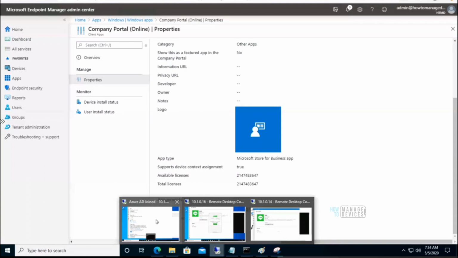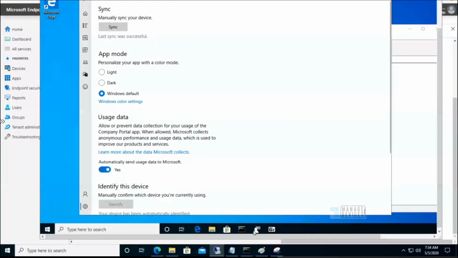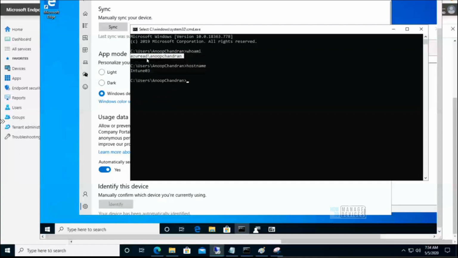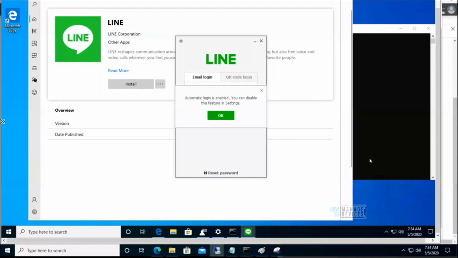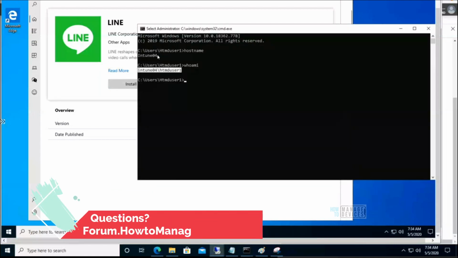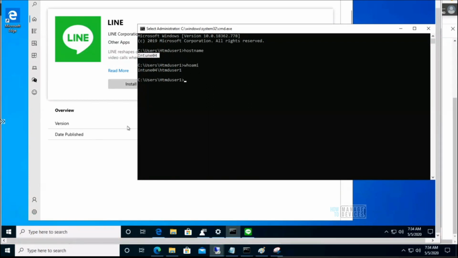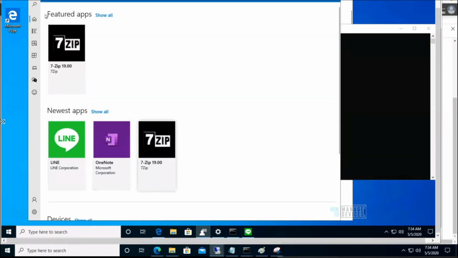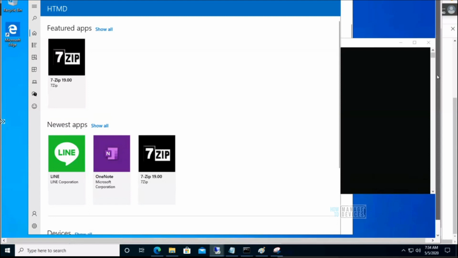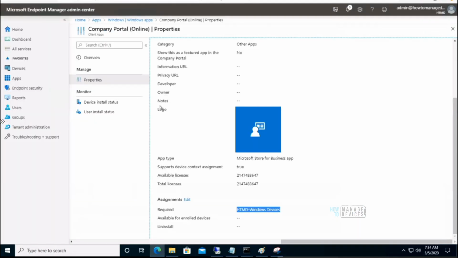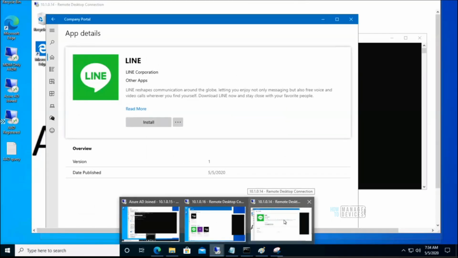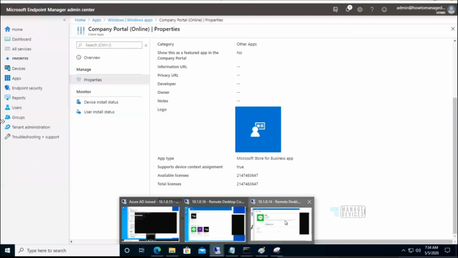In my VMs, only one is Azure AD joined. All the other VMs we are talking about here are Azure AD registered VMs, the BYO scenario. I already got company portal installed through this deployment, so it works.